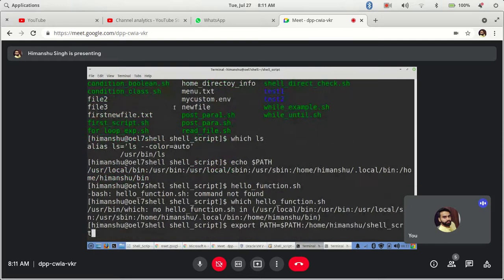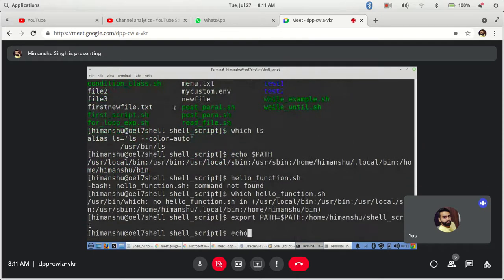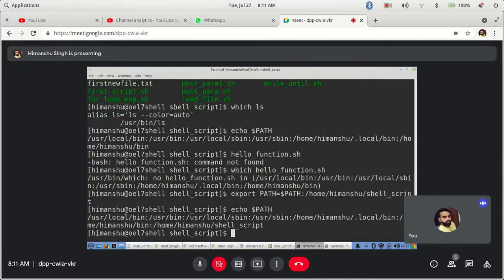I paste it here and press enter. Now if you do echo dollar PATH, see, this is a new path that gets added here. You got it?